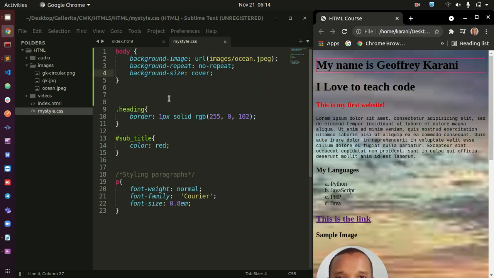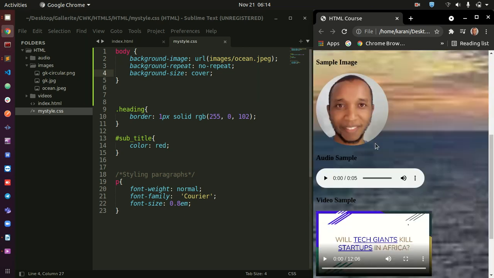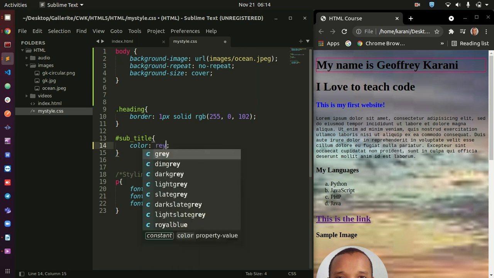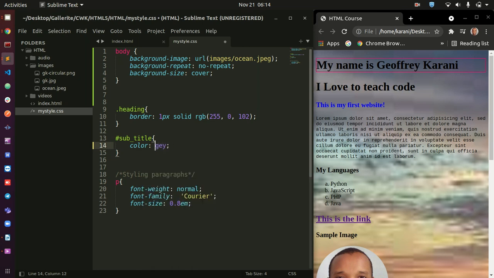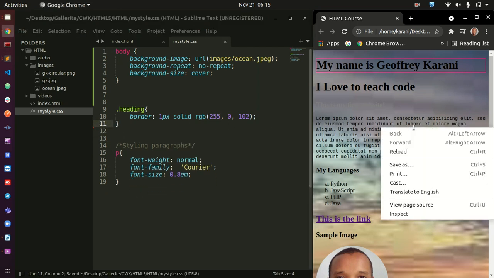What I want to show you now, that is all about background, so you can just go ahead and play with the other background attributes. How about if now I want to change this text, the text we have here, and this color is really bad. I don't know which color that is. Maybe I can do blue. Yeah, blue looks better, though not that great. How about gray? Okay, gray is lost. How about I remove it entirely so that it can pick some black?